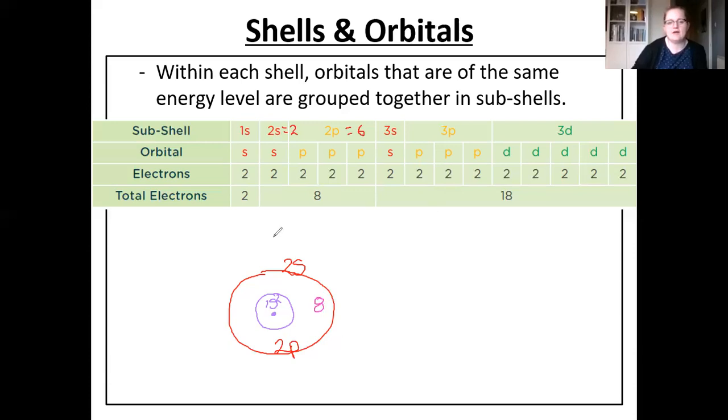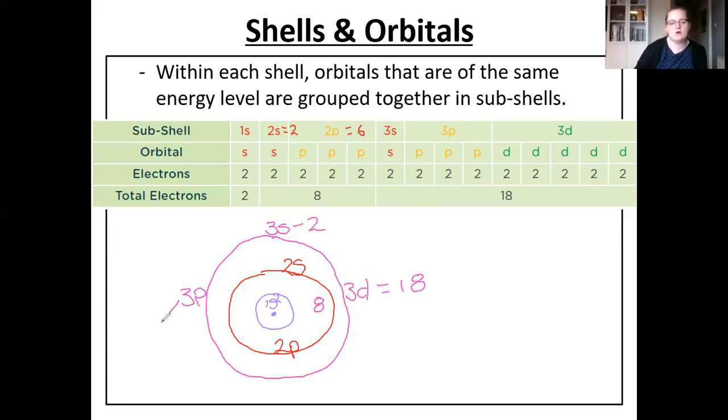And then the same thing happens again. We go on to shell 3, and we have a 3s subshell, which is made up of our s orbitals. We have a 3p subshell made up of our 3p orbitals, and then we get our 3d subshell, and that is made up of the 5 different d orbitals. So together, the third energy level can have up to 18 electrons, as the s orbital subshell has 2, the